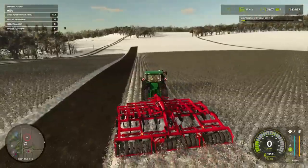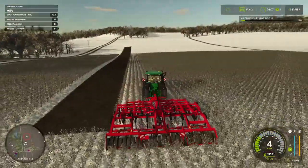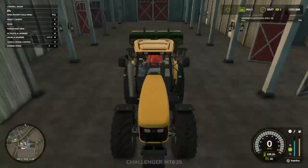We are in the month of January working on a cultivating contract, and we're going to go ahead and purchase some things we're going to need to start our vineyard. So we're going to go back to our farm for a minute,